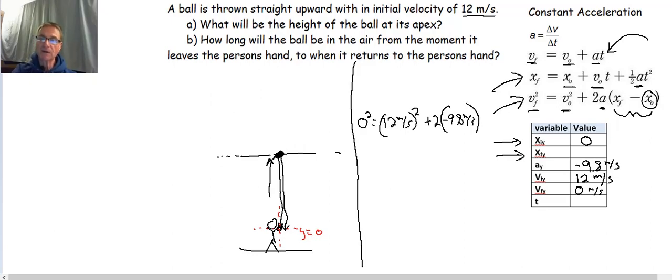Well, x final is what I'm looking for. Remember, x initial is 0, so I just took that out of the equation. Let's move this to the other side and see what we get. 12 times 12 is 144, so a negative 144